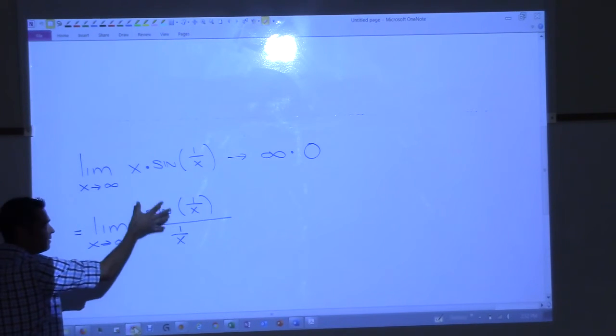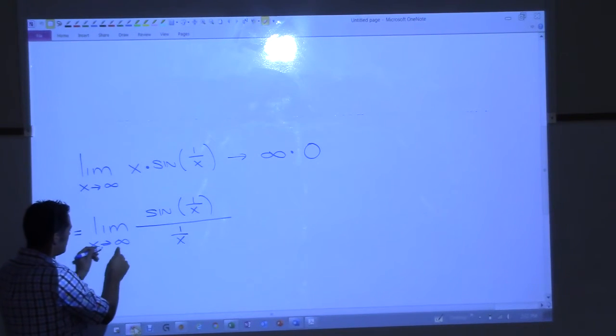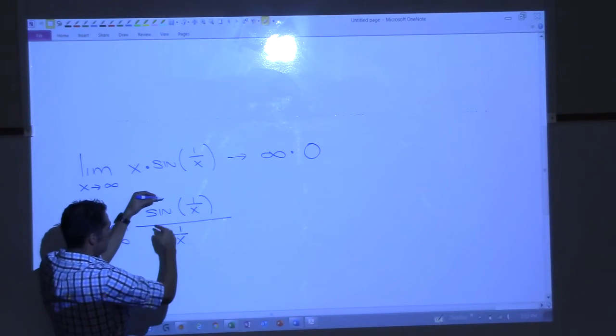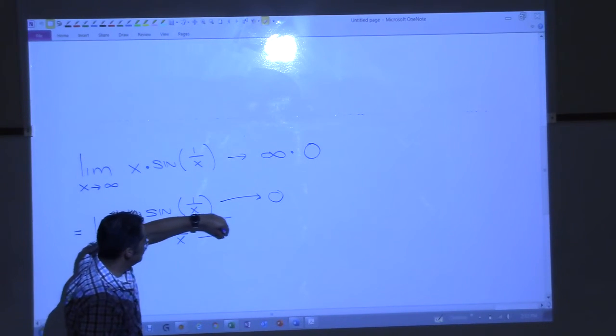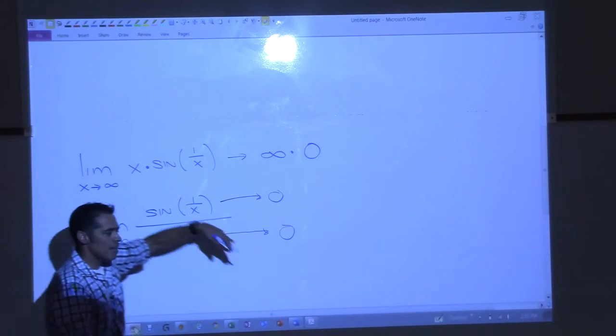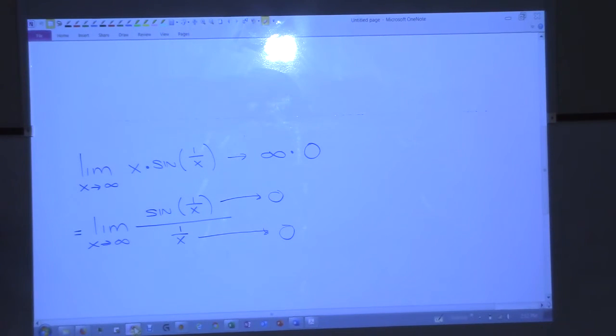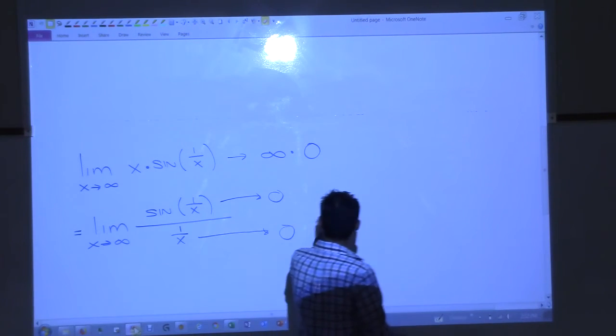Now look at these individually. If I let x go to infinity, we already said this goes where? 0. And now look at where the bottom goes. 0. And now you have 0 over 0, don't you? And now you can apply L'Hopital's rule. So if I continue,